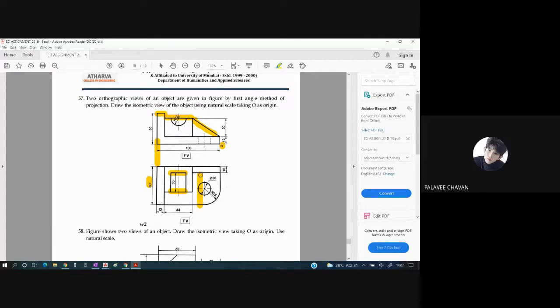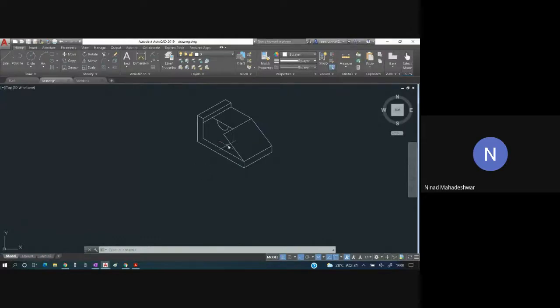Sir, can you speak a bit louder? Okay. How much is the distance over here from this end till here? That is the 50 distance. So this triangular part also you have to take inside by 50. Move this part from this end. It should go inside by how many? That is 50. Okay.